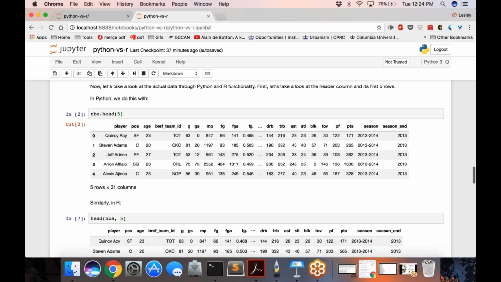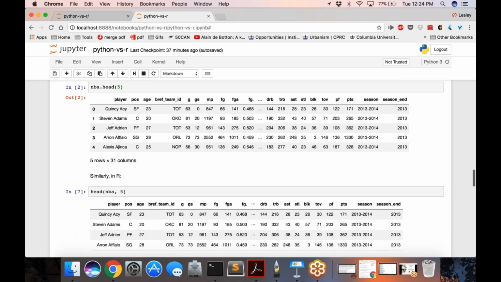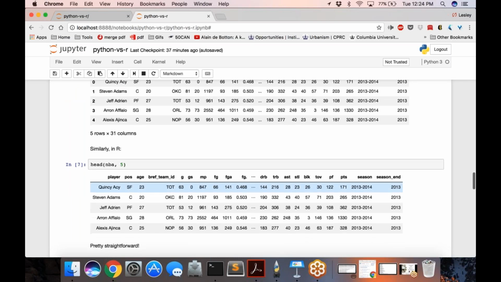Both are actually literally called head. The only difference here is that because head is a function applied onto an outside library, we work with classes here, so it becomes .head and then the parameter, rather than head and then the data frame followed by a second parameter. So again, not much of a difference here, but this shows you the very similar capabilities that both languages have.